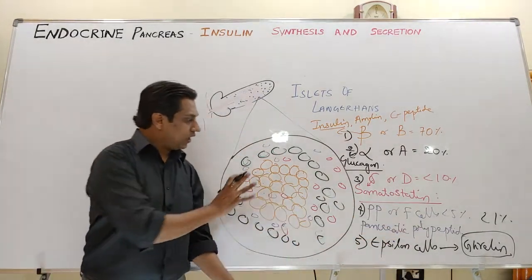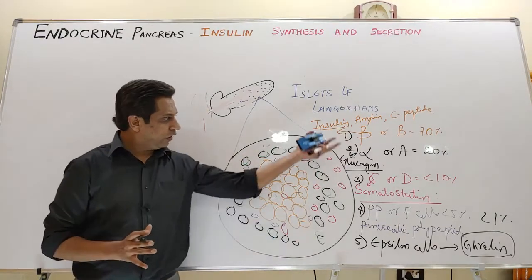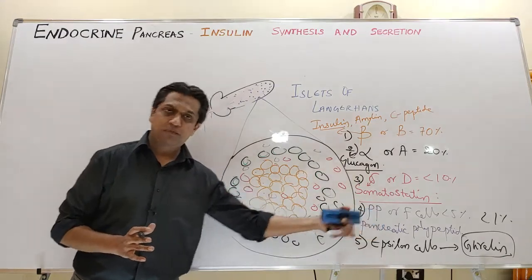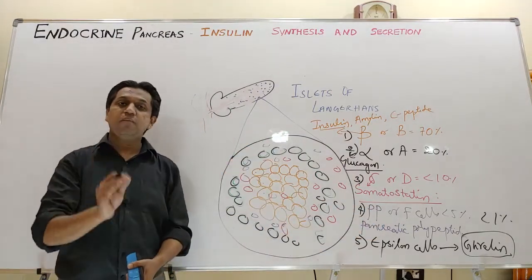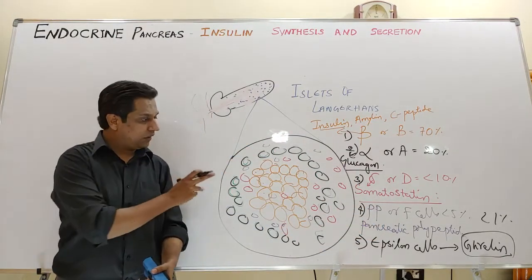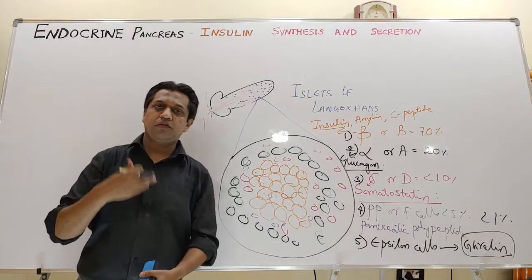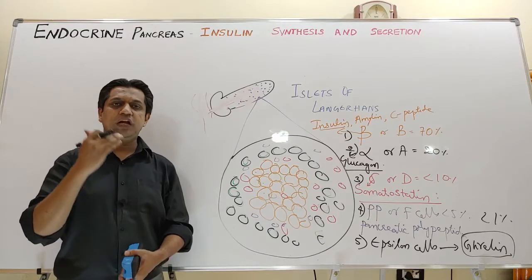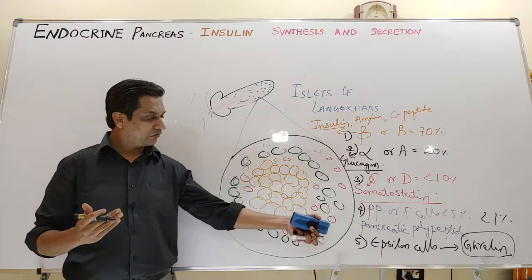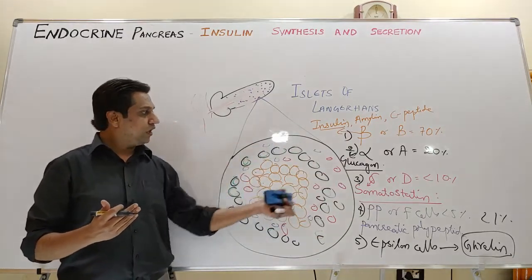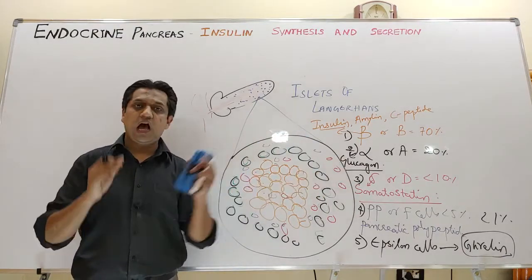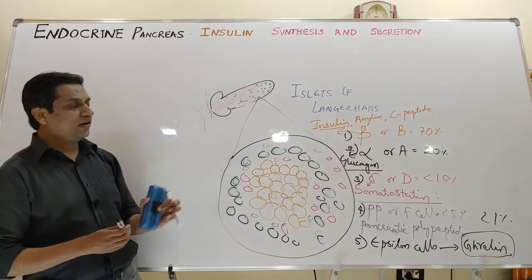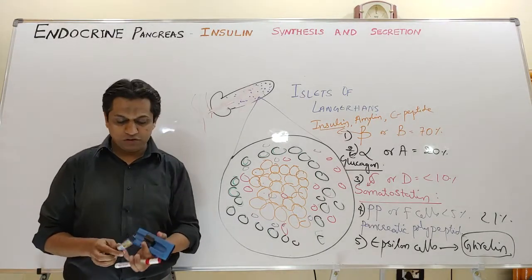So basically there are 5 types of cells. Earlier we knew only the 4 types of cells in the islets of Langerhans. The newer one is the epsilon cell, which will secrete a very important hormone, ghrelin. This can be asked in your PG NEET examination, that is, after MBBS there is a PG NEET examination for MD and MS admission. This has been asked: epsilon cells of the islets of Langerhans will secrete the hormone ghrelin. So this is the very basics about the islets of Langerhans. I hope it is very clear to you.